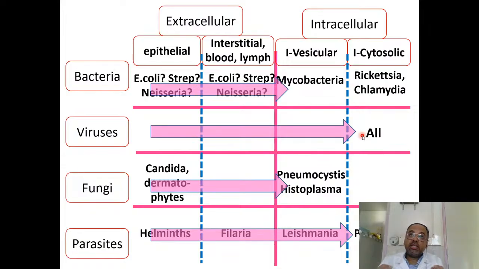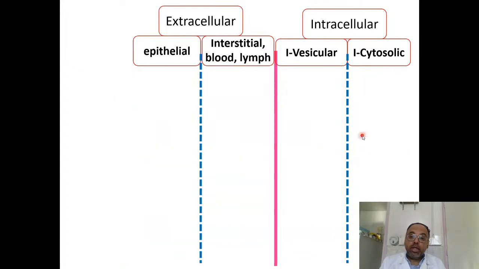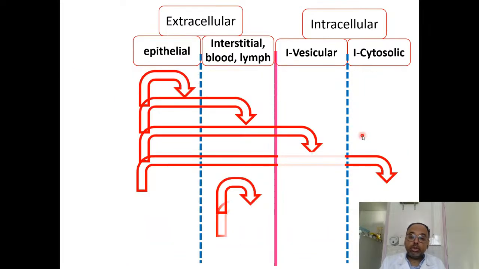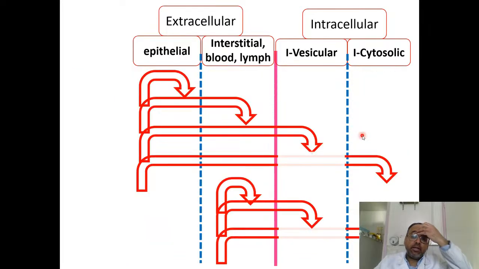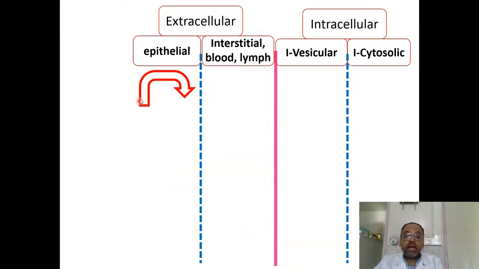So different pathogens have a point of entry, a destination, and a path in between. The beginning, the end, and the path in between. I have made something like this in order to show different paths taken by pathogens. Basically, these curved arrows that I'm showing you in here, the beginning of the arrow means the point of entry. The end of the arrow is the destination, and the distance in between is the path that they take to reach the destination from their point of origin.